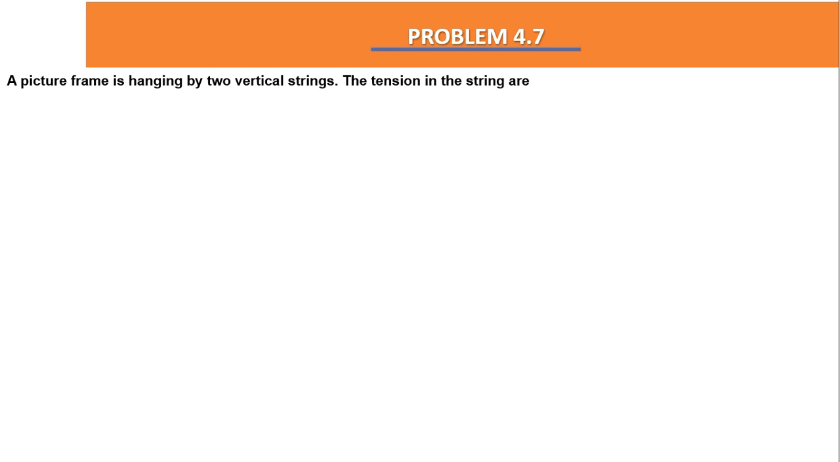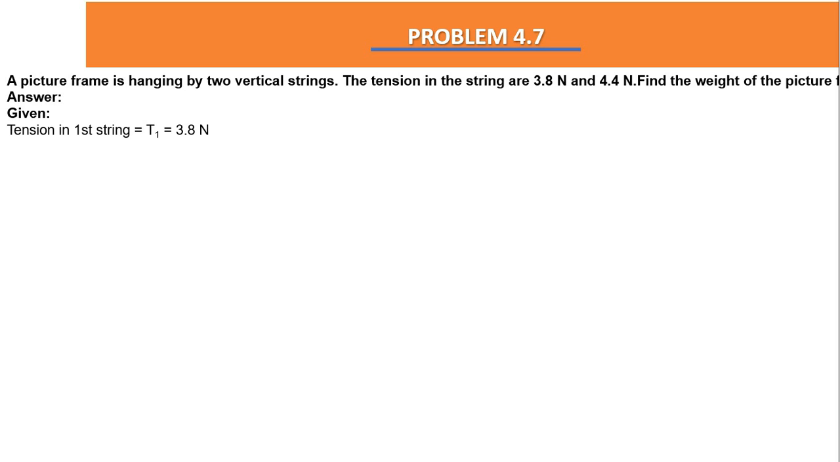Now problem 4.7. A picture frame is hanging by two vertical strings. The tensions in the strings are 3.8 Newton and 4.4 Newton. Find the weight of the picture on the wall. टेंशन हमें दी हुई है 3.8 न्यूटन और सेकंड जो टेंशन इन स्ट्रिंग है वो है 4.4 न्यूटन। वेट हमने फाइंड करना है।